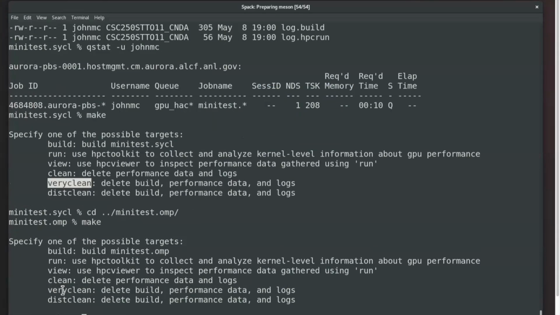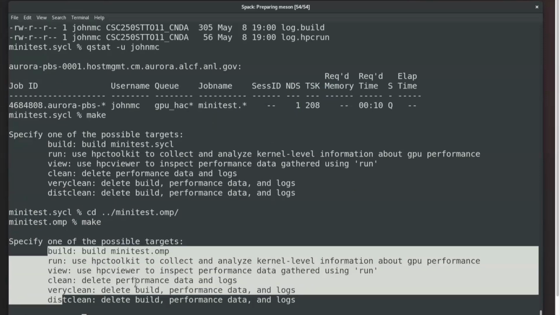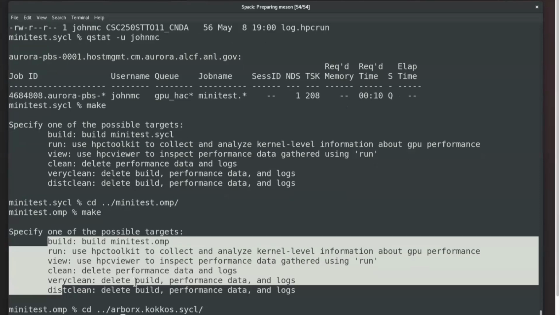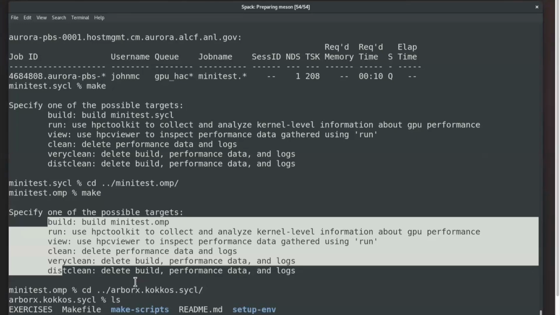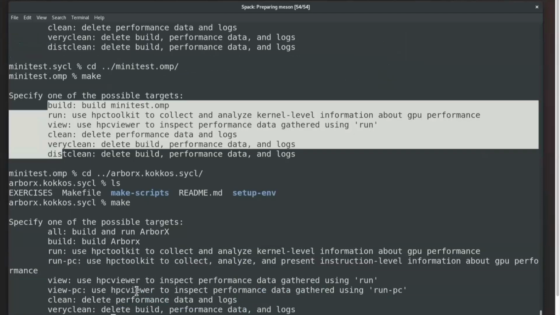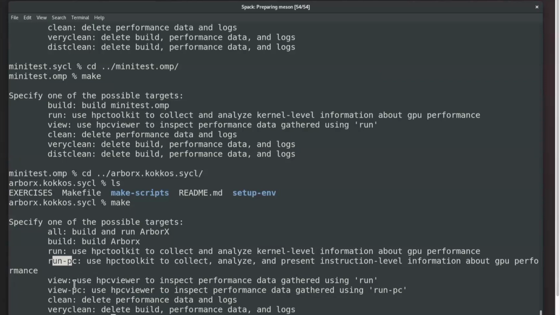And so if I say make in here, then it says you've got a similar set of options. And then in ArborX, which is a Kokkos example, you do the same thing. You source the setup env aurora.sh, and then there are options here to say make build, make run. This shouldn't say PC sampling because we don't have that turned on in this architecture, but make run, make build, make view. This one will compile for a while because it'll build a complete copy of Kokkos, and then it'll build the application on top of Kokkos, and then you'll measure something that's a little bit more complicated. Okay,